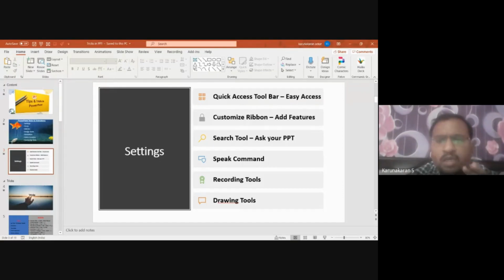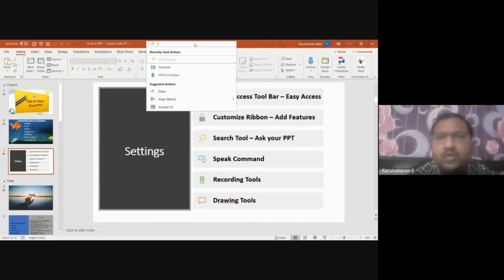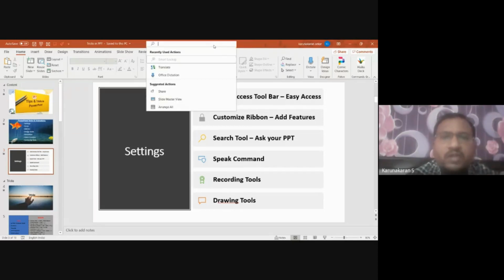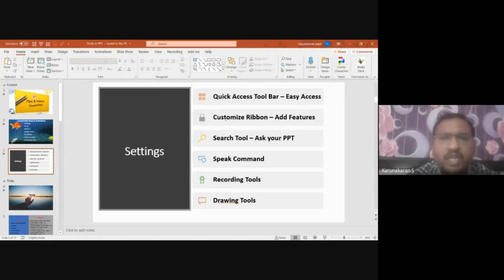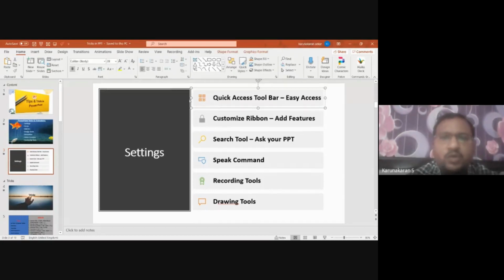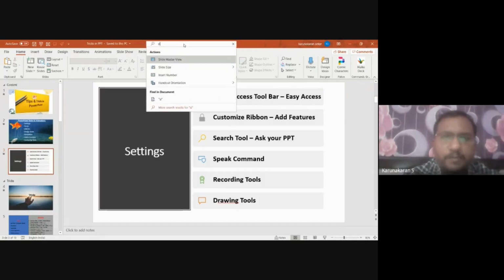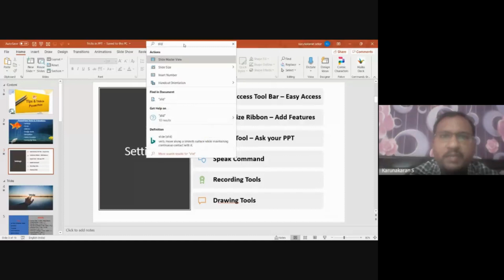Similarly, the Search tool. We never know why we have a Search tool inside this. So why do we want to use a Search tool here in Microsoft PowerPoint, right? What is the use of this? When you are working with any page, and you need a tool, when you want to make the size of the slide different, see, let me type slide. Immediately it shows what are the options available to change with my slide.